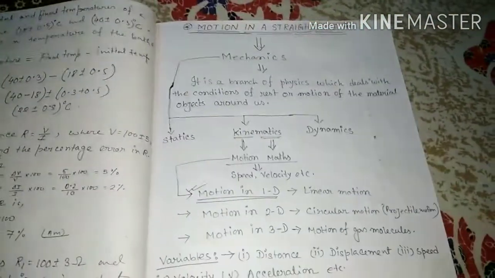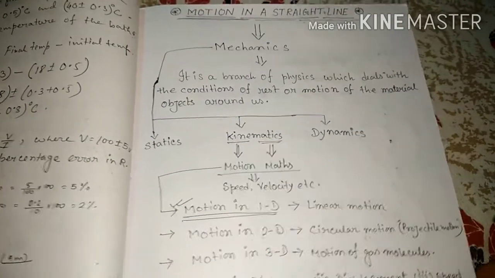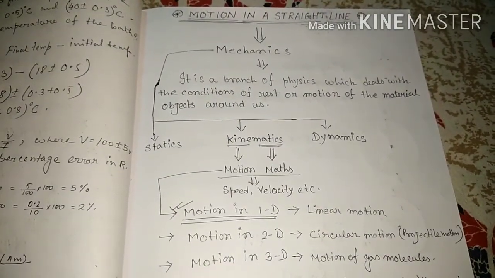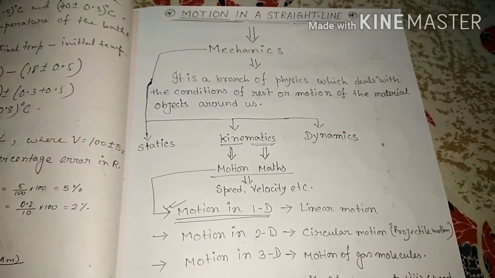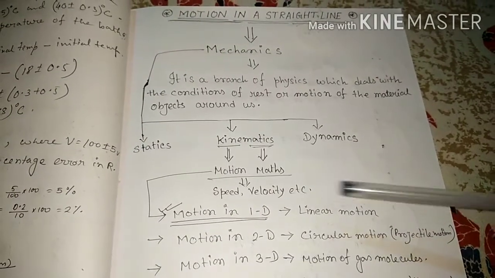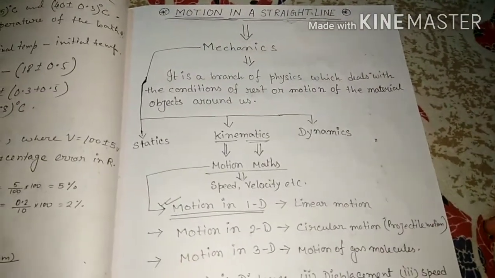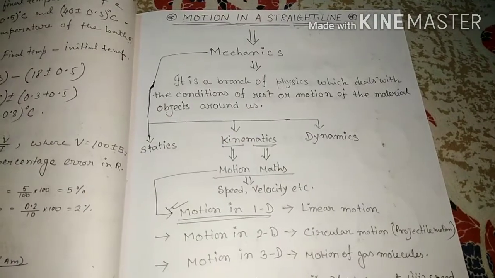Today we started a new chapter, motion in a straight line. In the first chapter we studied units and dimensions, errors, and some problems related to them. And this is the third chapter in your NCERT book, motion in a straight line, and this is completely different